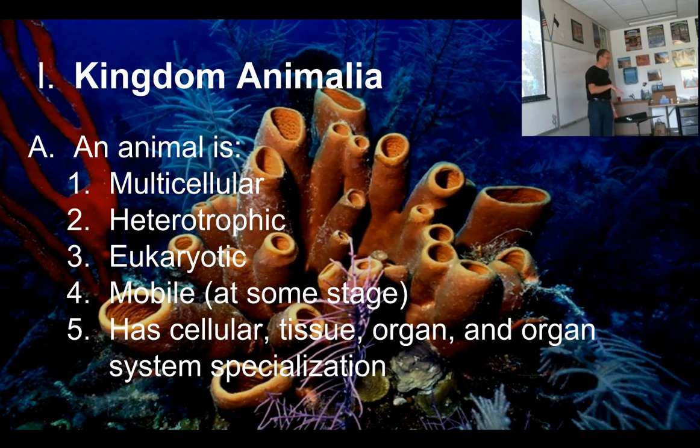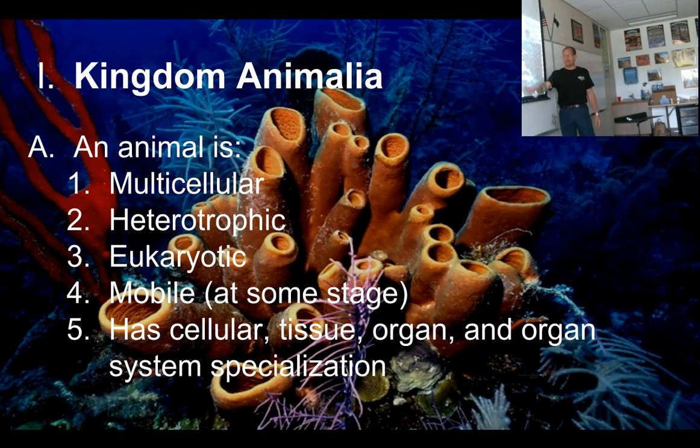Sponges do not get up from one rock and slide over to another rock and decide to stick there. But when they are larvae, they are flagellated and can swim until they fall on a rock that they're going to stick to and grow. So all animals move at some point, and even inside this sponge, though the whole body doesn't move, there are flagellated cells. There are collar cells that are moving and creating a current of water. So the sponge moves at a cellular level, even if it doesn't move at a macroscopic level.